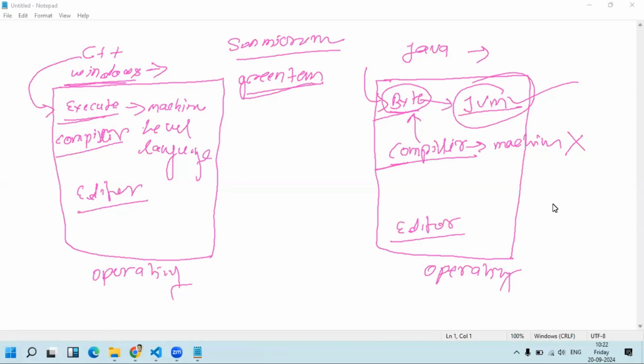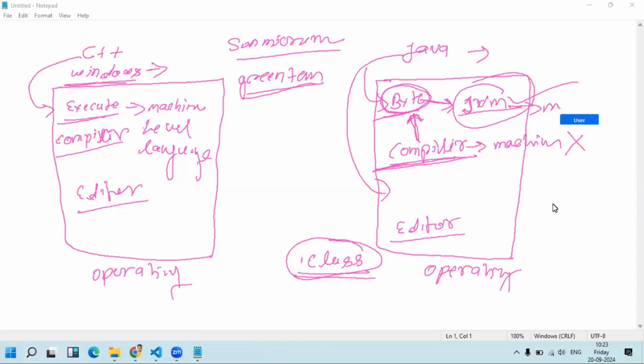So the Java compiler generates the bytecode. As you know, once you compile the code, you will get a dot class file with the same name as the file that you wrote for the Java compiler. If you open this dot class file, you will get this bytecode, and that bytecode will get passed to the JVM, and then the JVM will generate the machine level code.